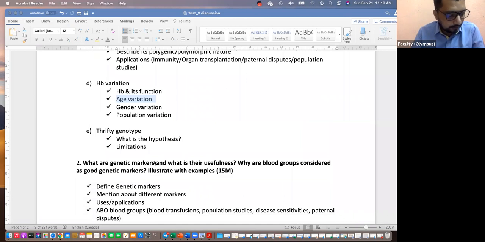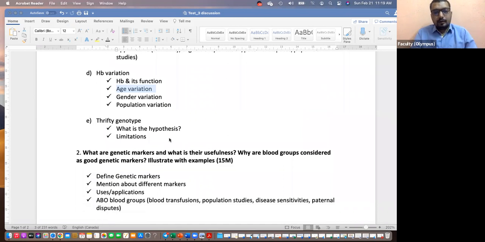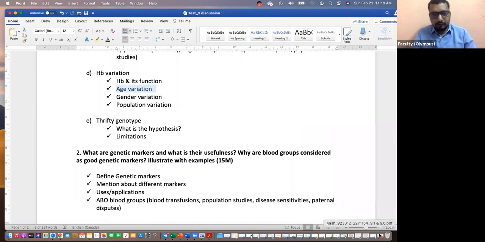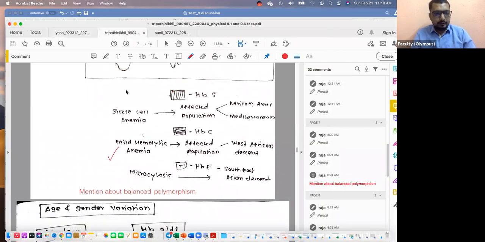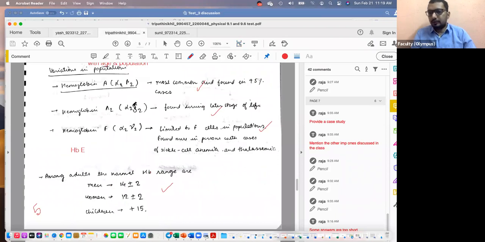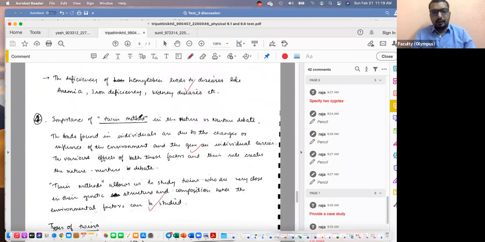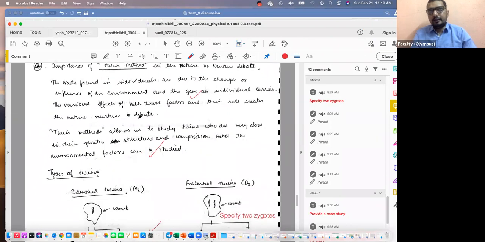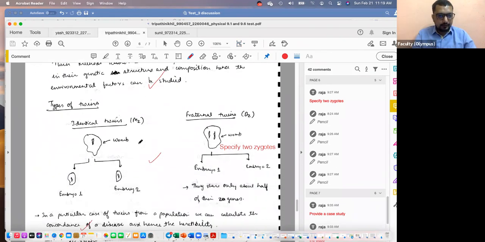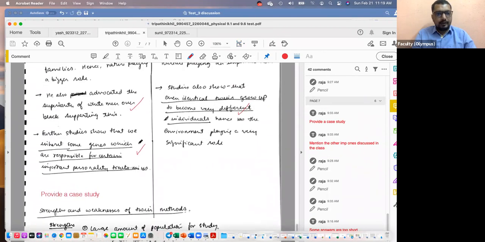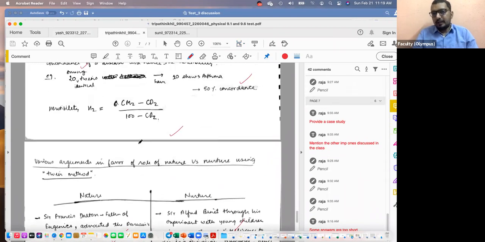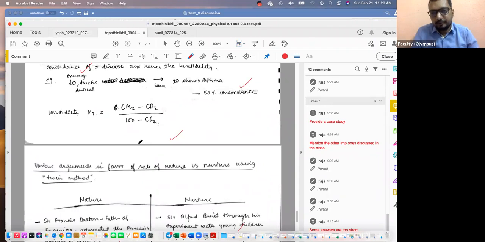And next, thrifty genotype. Straightforward, I think more or less you all did it well. What is thrifty genotype? If you go to Nikhil, you've written it crisply. Your answer structure is very good. You're adding enough components, but I feel like in some answers you are falling short of information. They look too short. I've mentioned it in some cases, I think nature nurture, for example. You have not given a case study. You're falling short of information, but otherwise crispness is good.